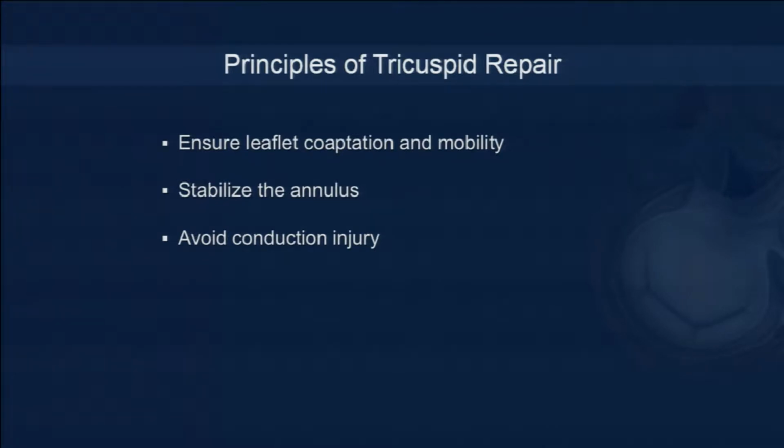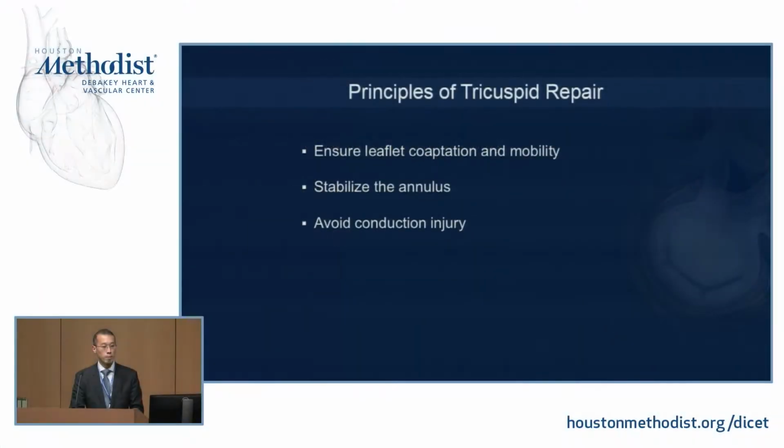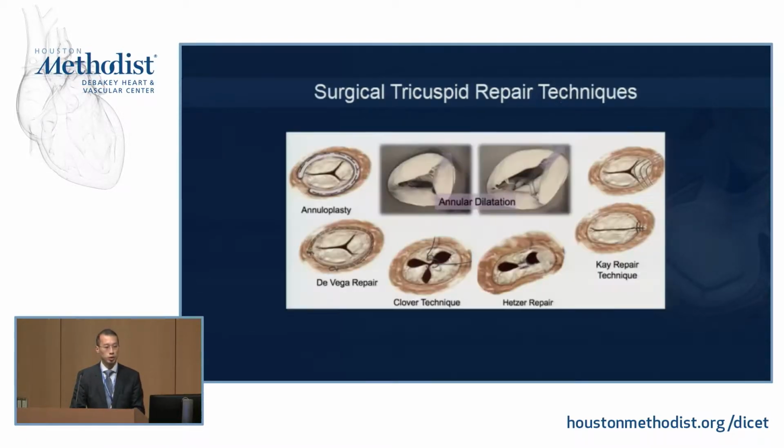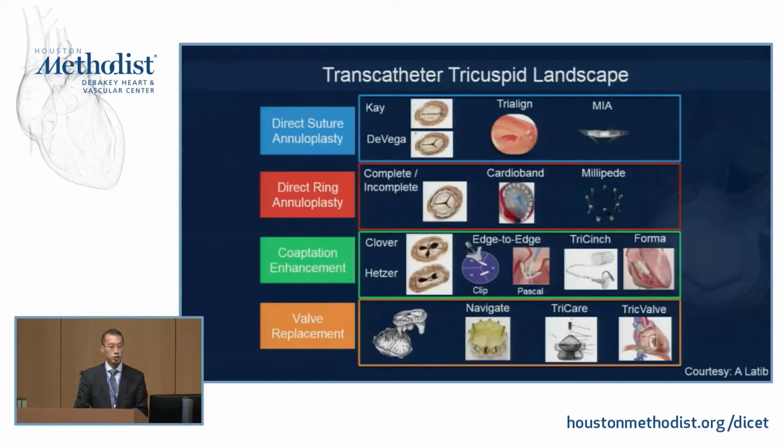As the previous speaker mentioned, the principle of tricuspid repair is to ensure leaflet coaptation and mobility. You want to stabilize the annulus, and you want to avoid conduction injury. You can see some of the tricuspid repair techniques surgically done. Some of them are historical. But if you compare these repair techniques, they're actually not dissimilar to the ones being developed right now